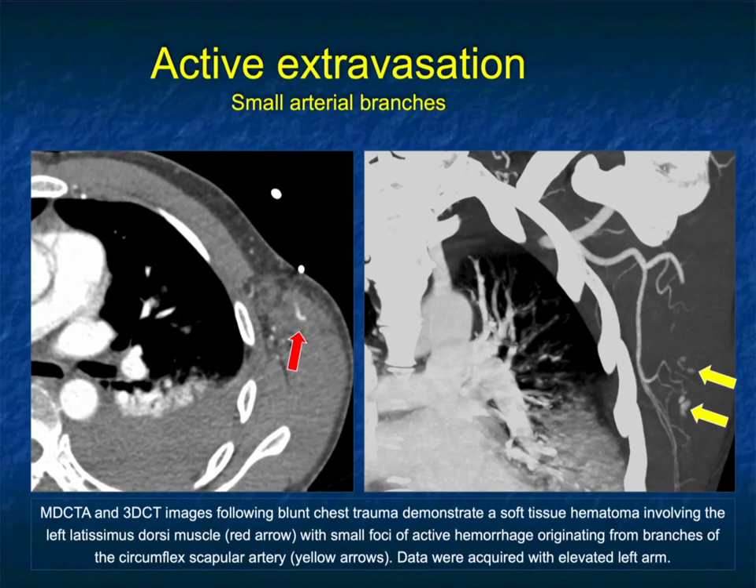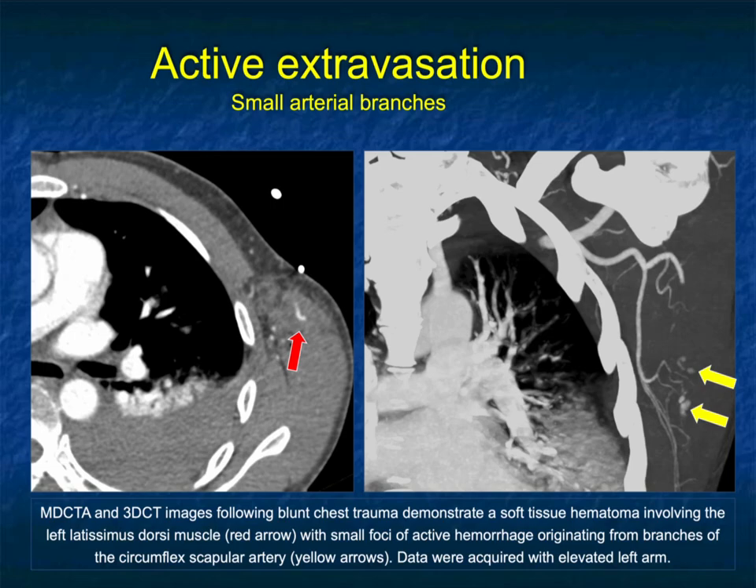Here's another patient with small arterial branches with active extravasation. This patient had blunt chest trauma. You can see the blood in the pleural space. You can see the consolidation in the lung. There's a hematoma involving the left latissimus dorsi muscle with an area of active hemorrhage originating from branches of the circumflex scapular artery, which you can see on the